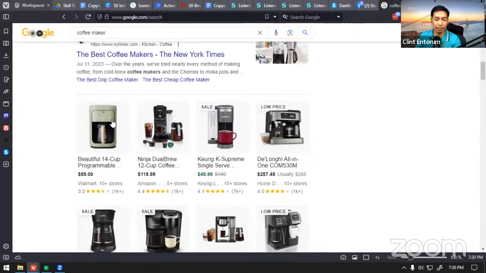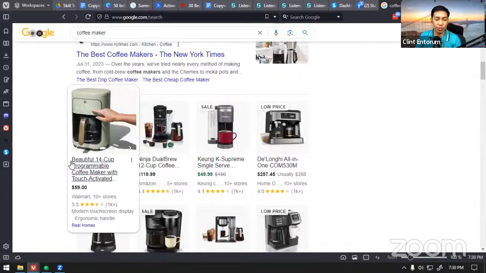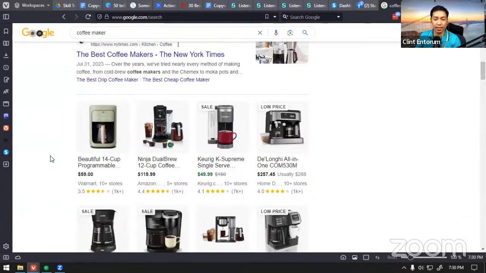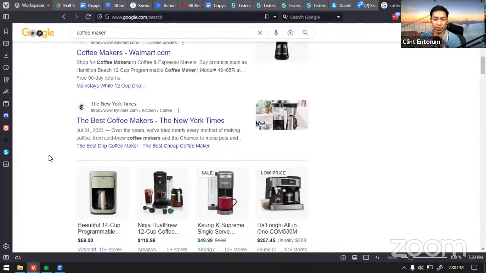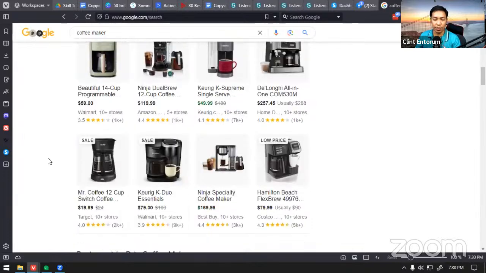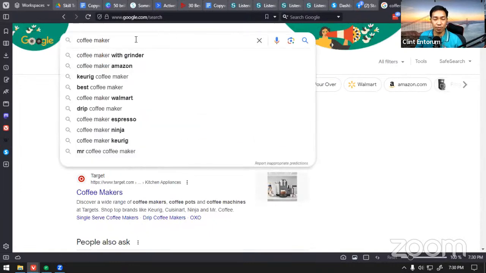Here you see that there's a thumbnail plus a simple text. That is where you could find the copywriting there. So, beautiful 14 cup programmable coffee maker. You could always see that in your daily life. Copywriting, you can always find in your daily life, especially in the promotions that you see on Facebook, or even when you're searching something in Google, like a product.